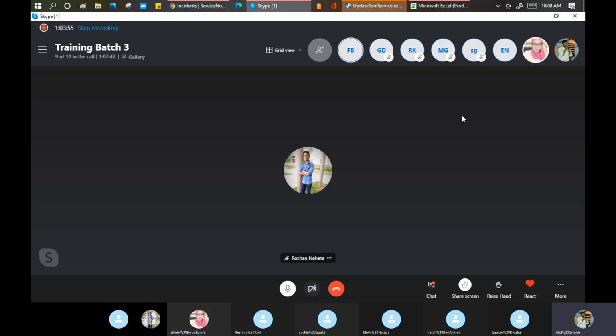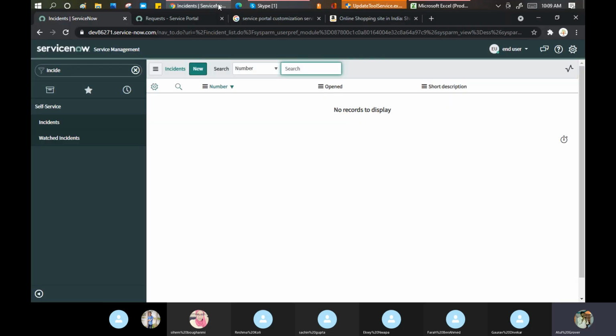Otherwise, if you work in your instance, you need to create a username and password for me and share the link with me, and only then can I work on it. You can get your instance just for practice, but preferably use my instance so that everybody is in the same place. In case Farah is facing some issue, she can put it in the chat window. Then Sachin, Roshan, or Ikwi can help troubleshoot, because everybody has their own username and password, so they can troubleshoot the problem for anyone else as well. That is the only intention.